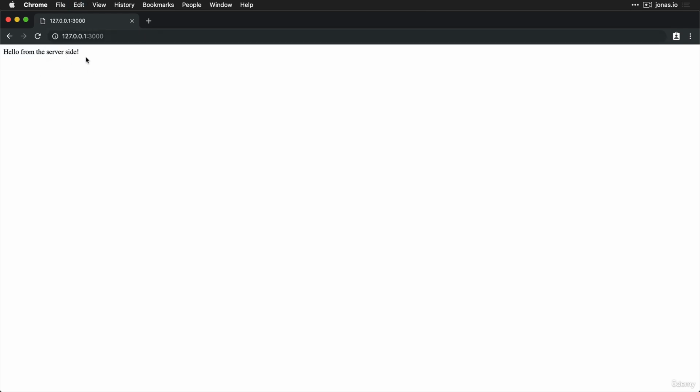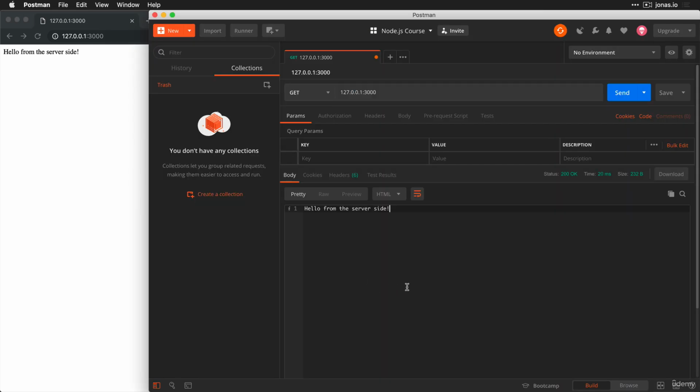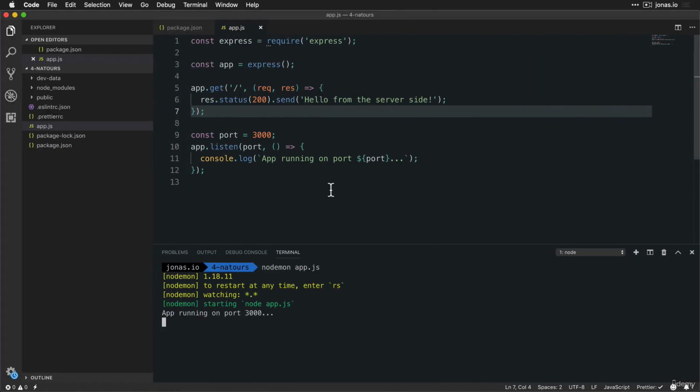Okay? But again, we're going to use Postman because it makes all this API testing a lot easier for us. Okay, and you will see once we really start using more and more features of this great application. All right. Now going back here, let's add some more stuff because send simply sends this string here back to